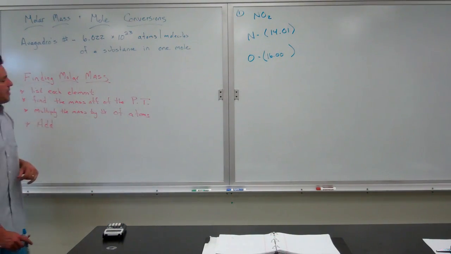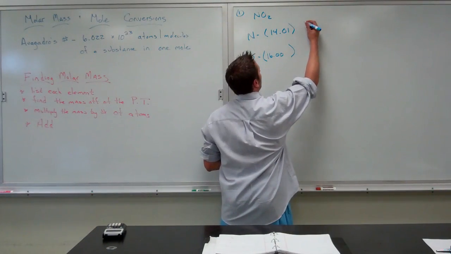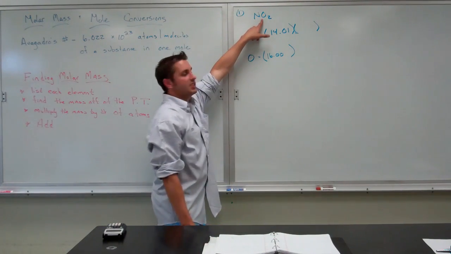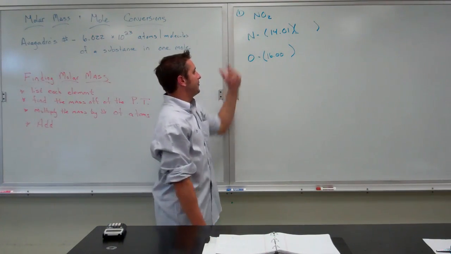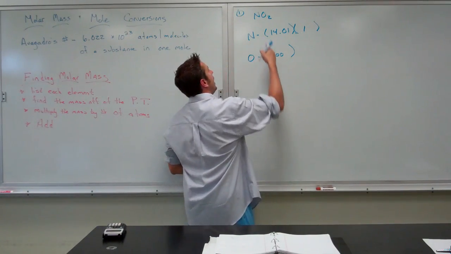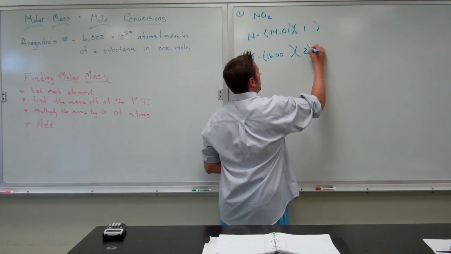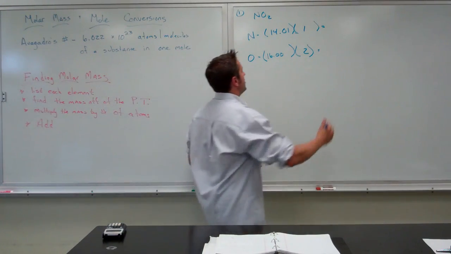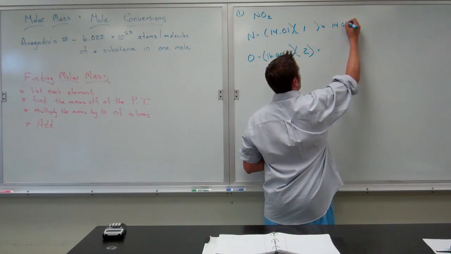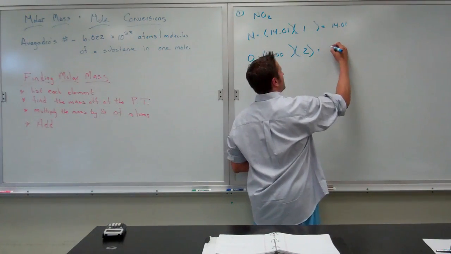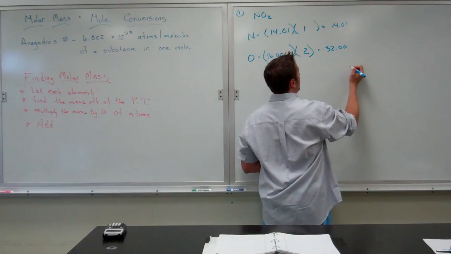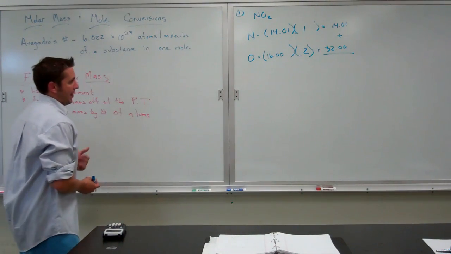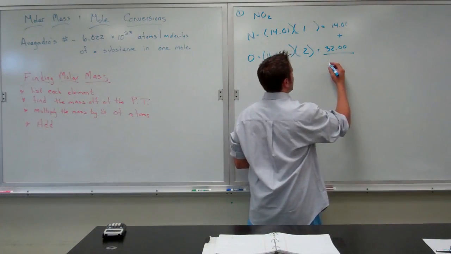Step 3, multiply the mass by the number of atoms. So, for nitrogen, in my formula, there's a subscript that's not written there of 1 after nitrogen, so it's just a 1. And for oxygen, there's a subscript of 2, which means we multiply it by 2. So we'll take 14.01 times 1, which, no surprise, is 14.01. 2 times 16 is going to be 32.00. And then to get our molar mass, we will add those together, which looks like we are going to get a mass of